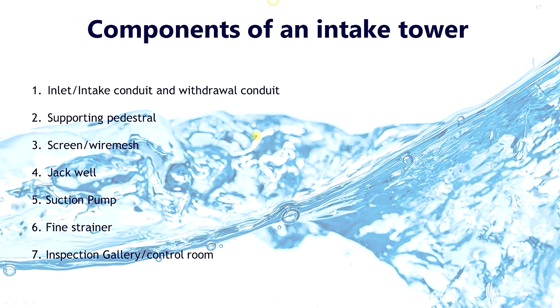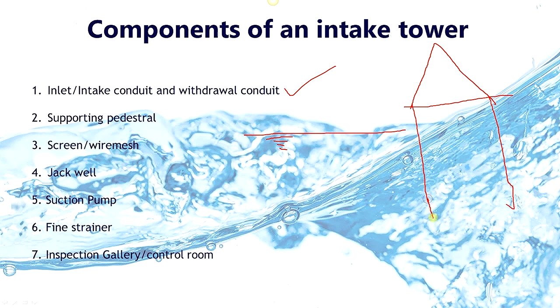It is the pipe or conduit which is submerged in the water to take in the water for supply to the water treatment plant. For example, if this is a river, and on its bank we have the intake structure, and we have a pipe submerged in water to take in the water and supply it. This pipe or conduit, we call it the intake pipe or inlet pipe, or you can say inlet conduit.